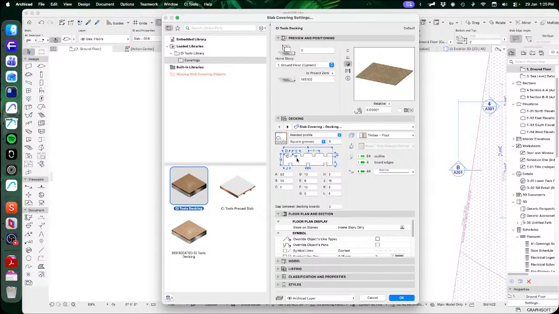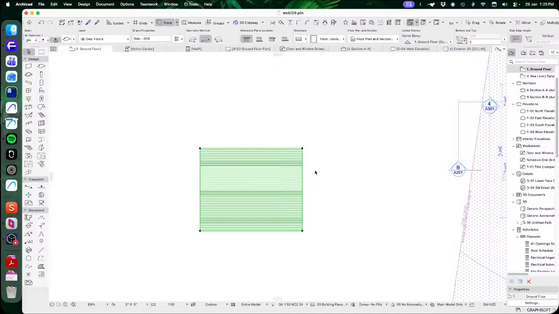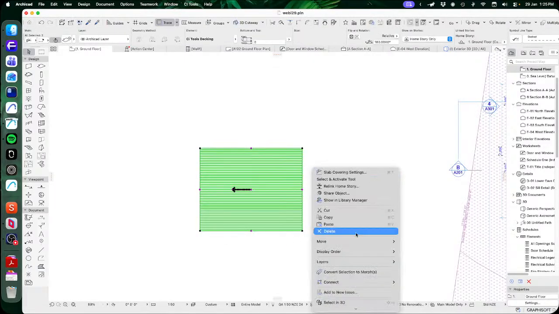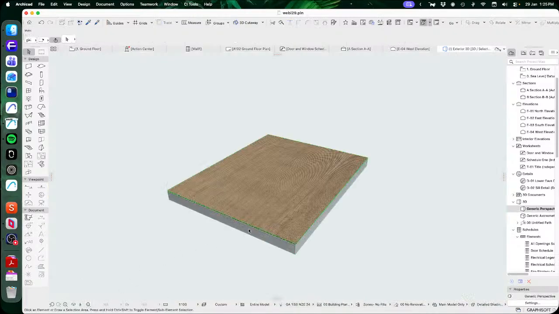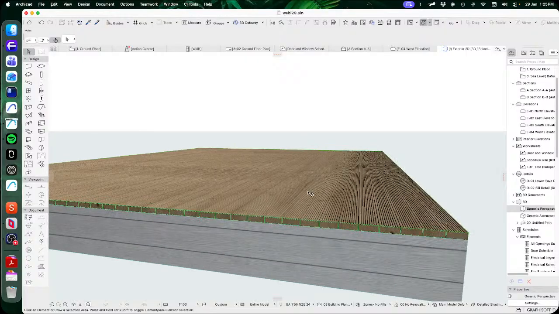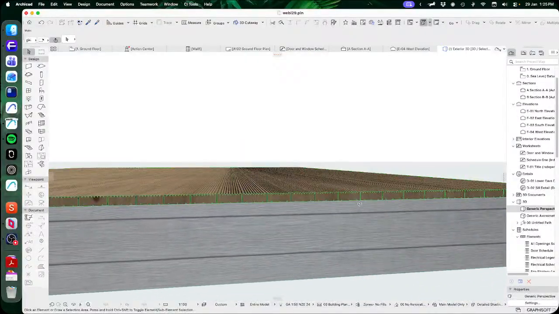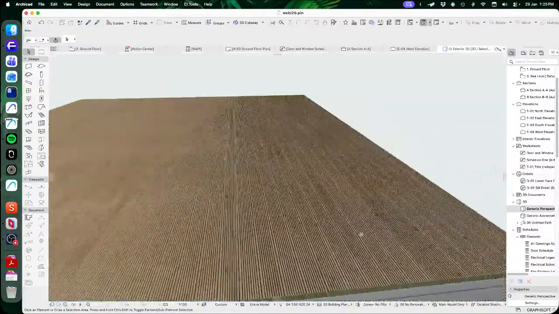But here we go. So there are plenty of options for how the boards should be set out here. You can see a bewildering number of dimensions for all of the parts of the boards there. And then over on the right, as with all of the other coverings, we can specify the building material, and we can also specify a surface override for that as well. And if we apply that and have a look at it, you'll see that we get some nice, as with all of the other coverings, some nice properly 3D board elements running across there. So we can cut a section through that and you'll see all of those grooves and that sort of thing. So that is